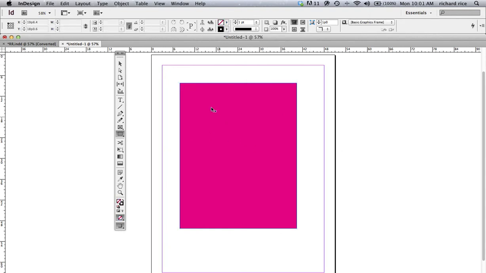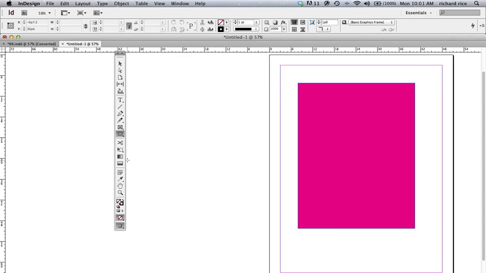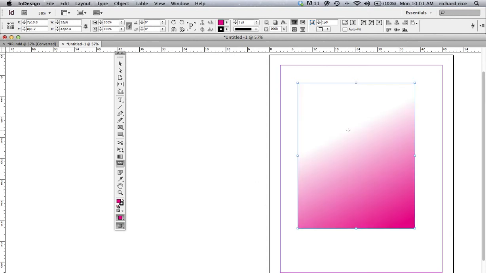So again, I just have a color box, and I am going to get the gradient feather and just pull it across the image. And you have to select the image, by the way, I'm sorry,